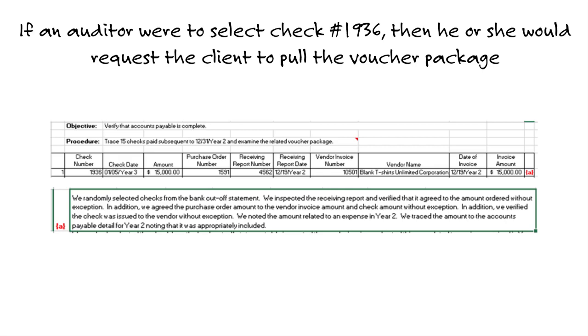The auditor would then match those items, much like they were matched in the past. In this case, the expense relates to year 2, and it should be shown as a payable as of year end. The auditor could trace this amount to the AP listing, agree the total AP to the subledger, then to the general ledger, to the trial balance, and on to the financial statements as a substantive test. As we saw with the revenue cycle, you could also use this testing as a dual purpose test, looking at some of the controls we just mentioned.